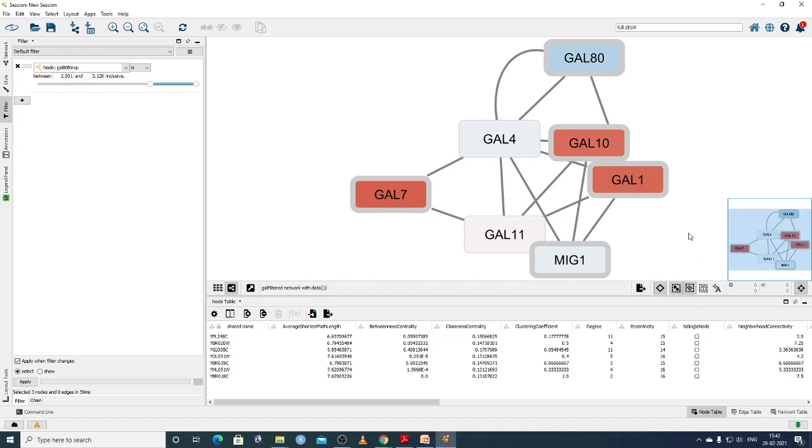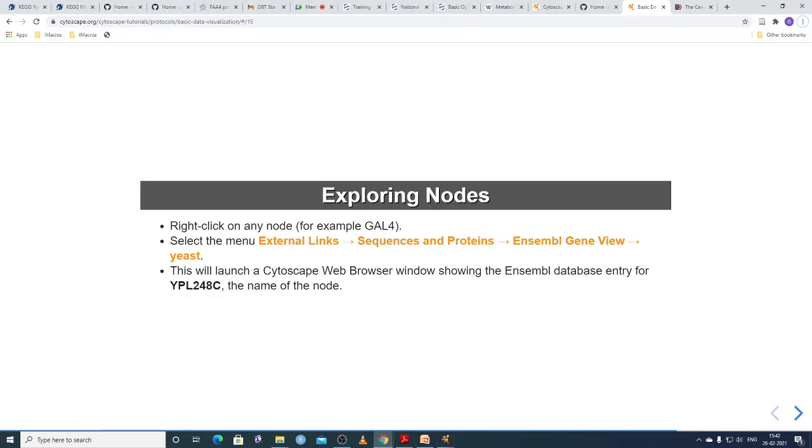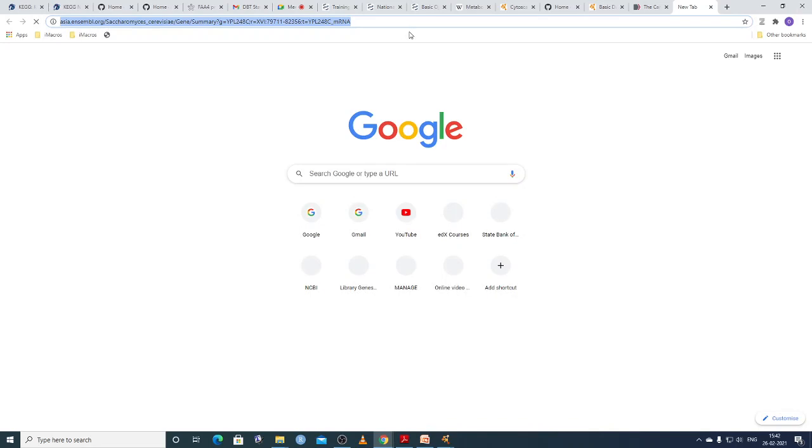Now it is going to another page. This page is being redirected to EMBL. EMBL is the database for this yeast, like NCBI, which we are going to see next in short. It will go and fetch from the EMBL database. If it is not loading, we can try to put the link in our link box and see whether it gives the link directly. It will be redirecting to the Ensembl database.